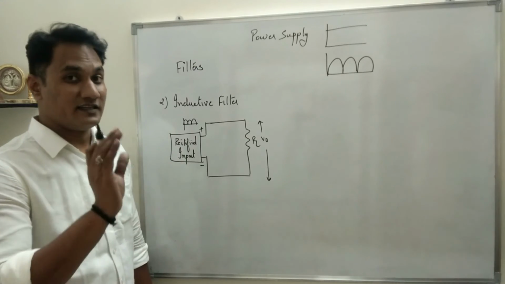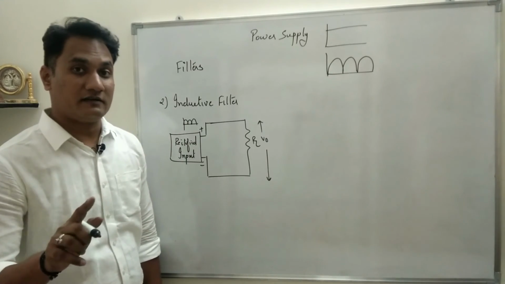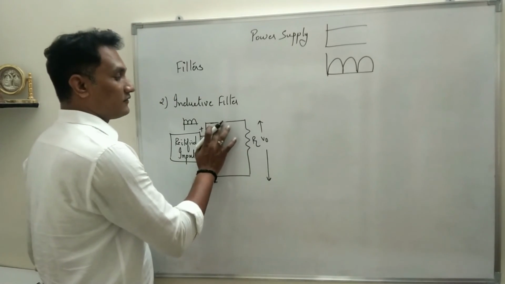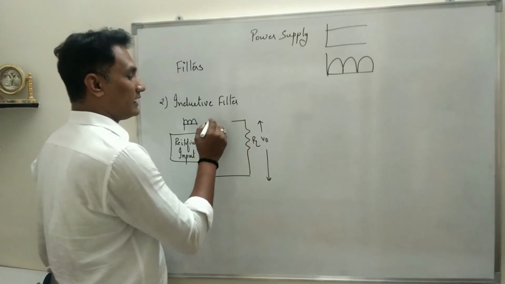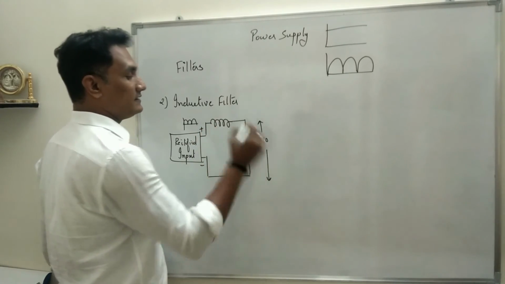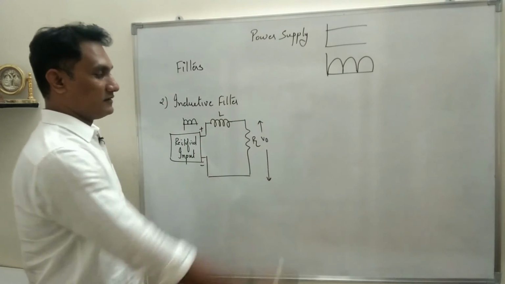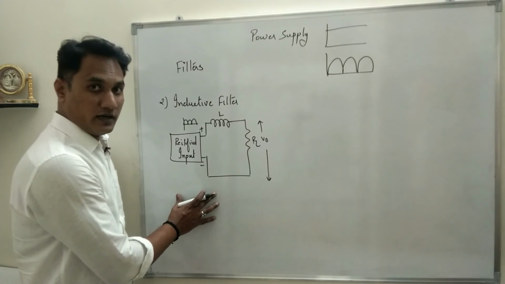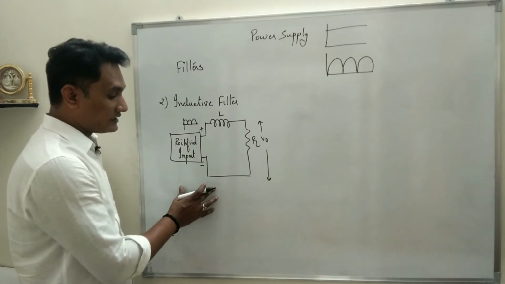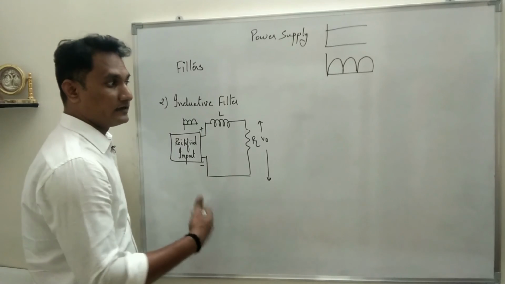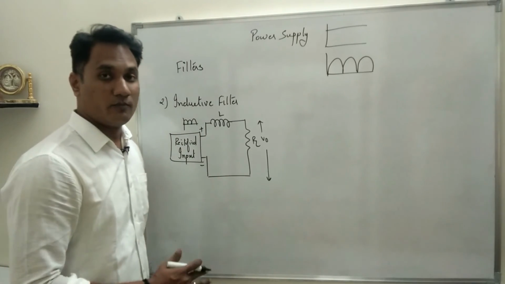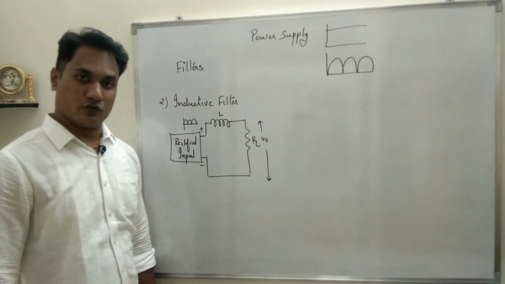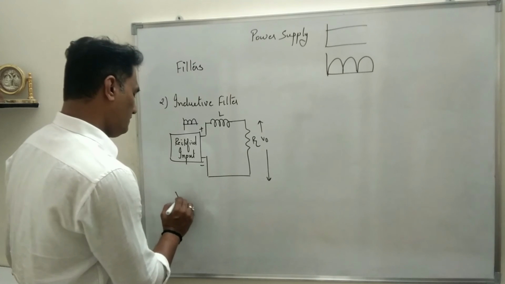Now see the designing aspect. In the capacitive filter, we connected a capacitor in parallel to the load resistance. In case of the inductive filter, we will connect the inductor in series with the load resistance, which is specified as L. Okay, so again we will go by the formula. We will try to explain the formula so that we can reach a conclusion of how the AC component will be bypassed and almost a pure DC is produced across the output.